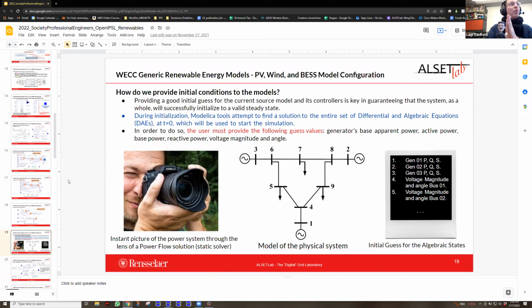Now, the Modelica tool will solve an initialization problem that includes all of the differential equations and the algebraic states. So it has to be a valid equilibrium for the dynamic system and not just a power flow solution. Power flow solutions can be invalid physically when you take into account the dynamics. Okay, so we just need some guess values.